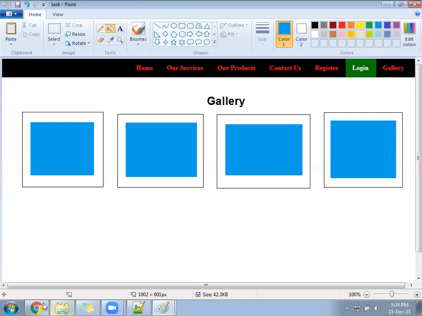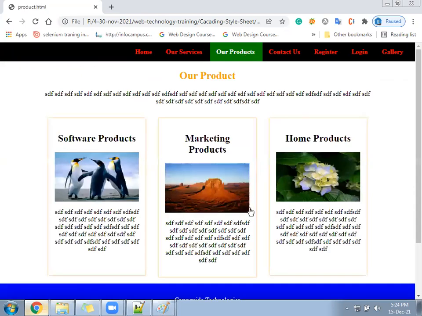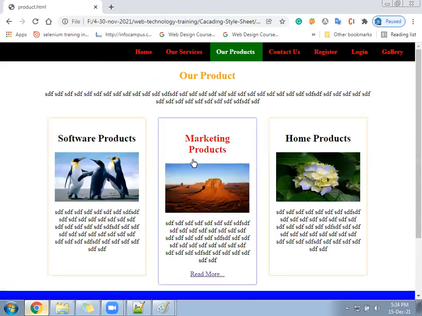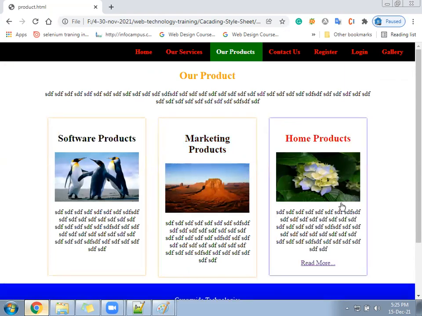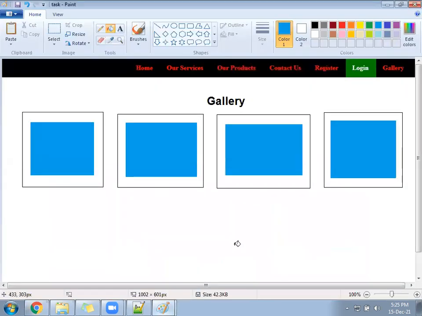We have one page here. If you see, you have a page called product page. There is an equal gap from the left, right, top, bottom. Now the boxes should be like this only, but inside the photo will come. The photo will come exact. You can see equal height from all the sides, and there will be some gap after the box shadow.